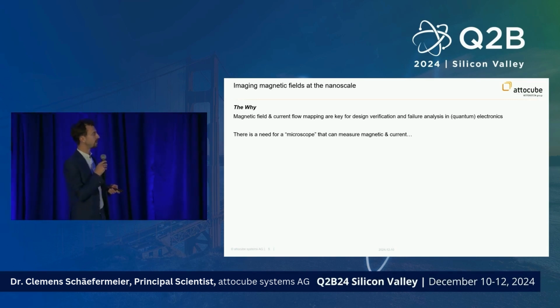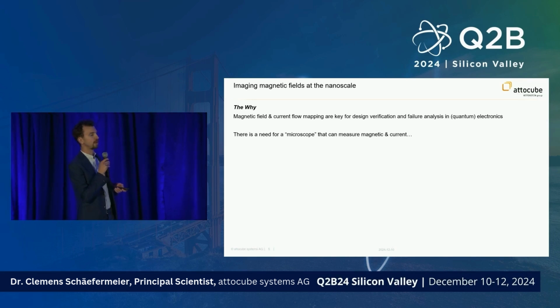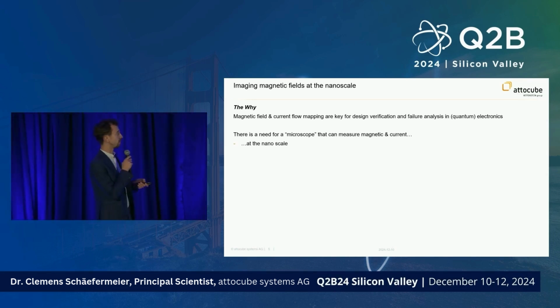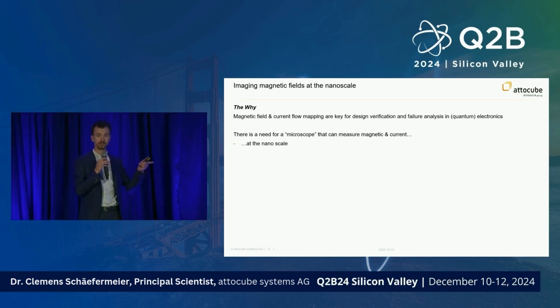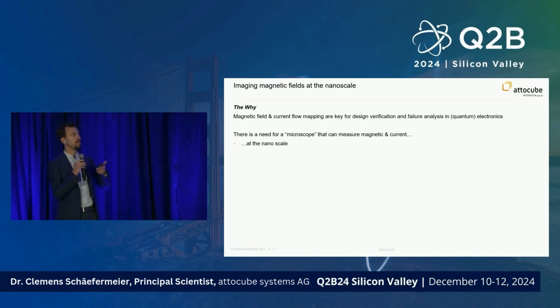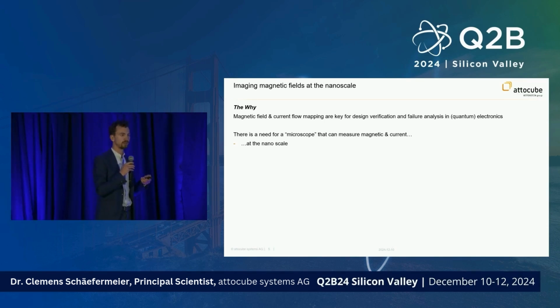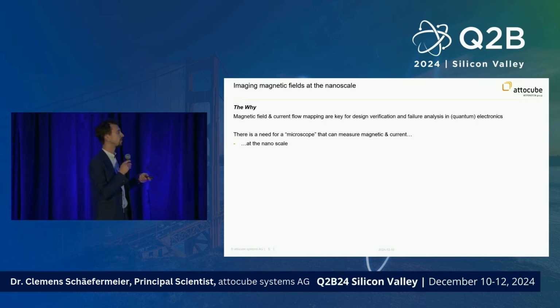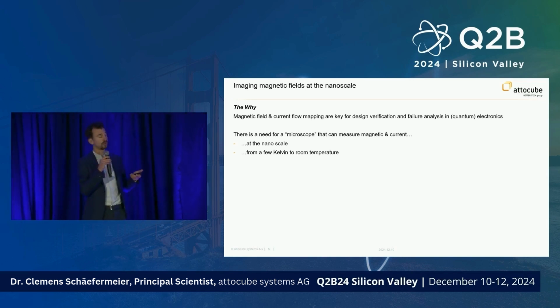So now let me assess, or let me count the requirements for such a technology. So I already mentioned a couple of times, you need to have a sensor that is able to resolve magnetic fields or currents down to the nanoscale. You should be able to go really from room temperature to a few Kelvin.